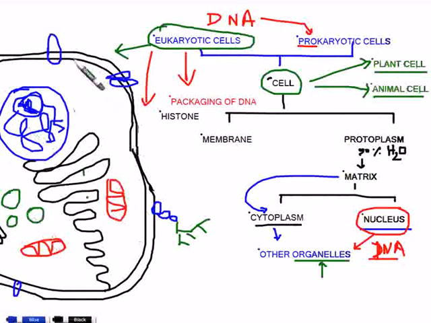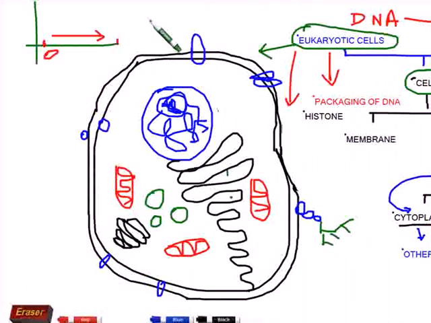In this picture, we've drawn an animal cell. In the case of an animal cell, we have the cell membrane in the outermost layer, and in the middle we have protoplasm, the nucleus, and the rest of it is cytoplasm. The cytoplasm acts as a matrix, and we have different organelles such as mitochondria. This is called mitochondria,